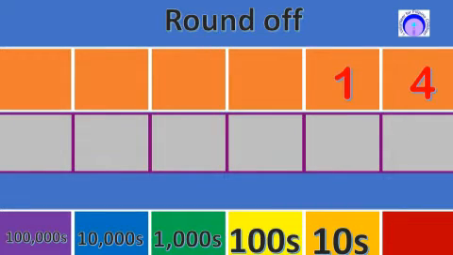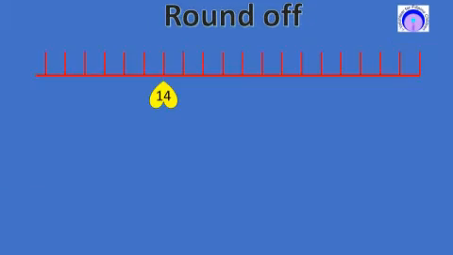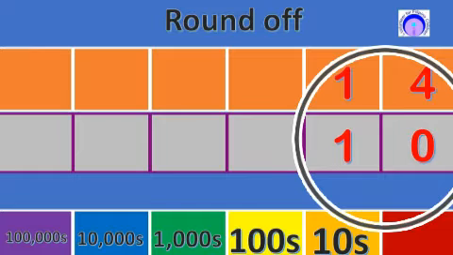How about rounding off 14 to the nearest tens? What will be your answer? This is our number line where 14 is located. Pansin nyo ba yung 14 ay palayo ng palayo sa number 10, pero hindi pa rin siya nasa gitna. When 14 is rounded off to the nearest tens, the answer is 10. Ayan, tapos na tayo mag-round off ng 11, 12, 13, and 14. Lahat nito ay magiging 10.